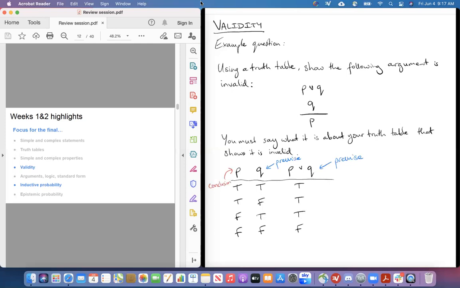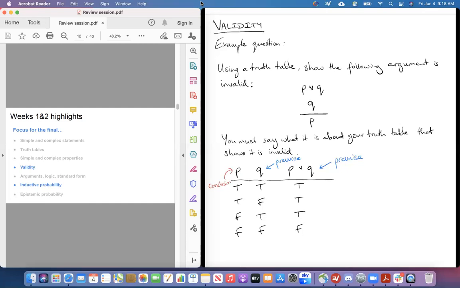So we've constructed the truth table. So that was job one. And all we've got to check is whether this argument is valid using this truth table. And how do we do that? Well, we know that an argument is valid just in case there are no rows of our truth table in which all of the premises are true and the conclusion is false. So we've got to check row by row of this truth table whether all of our premises are true and